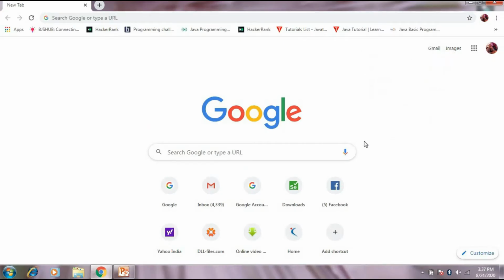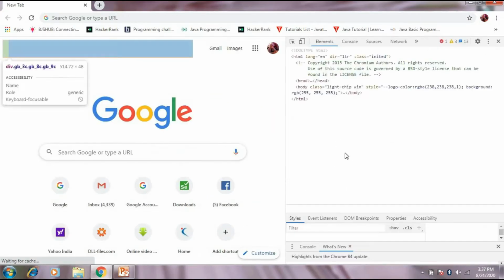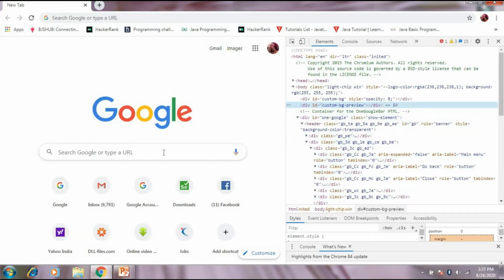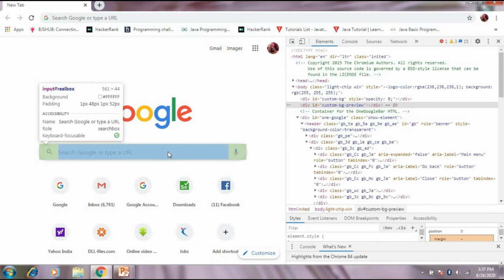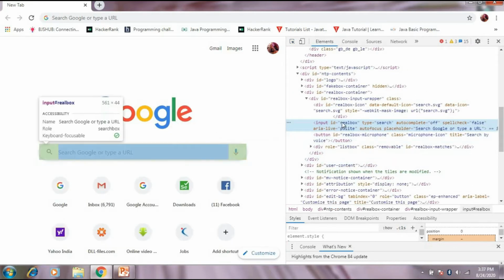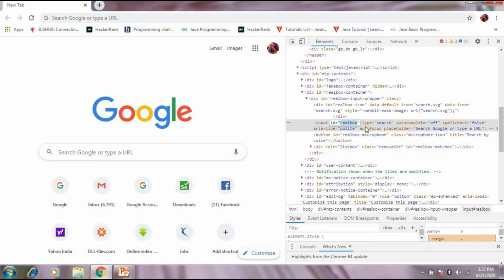Right click, inspect. Here you can see the search box. Right click. Here you can see the ID. The ID name is Realbox. And how I can use ID, let's see in Eclipse.